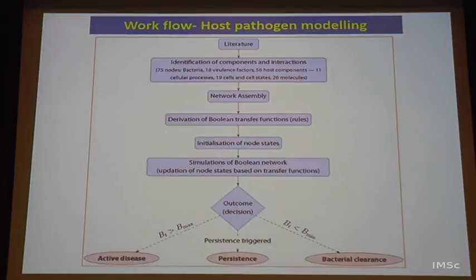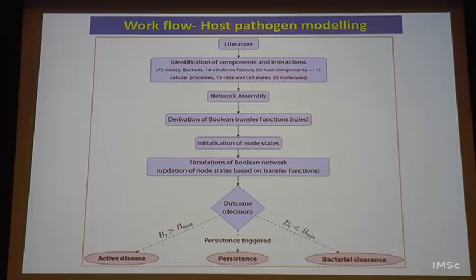So, derivation of a Boolean transfer function for each one of the nodes, how that works. Initialization of the node state. You must have an initial value of 0 or 1. Is this node active or not active? For many of them you do have some information. If you do not, you try multiple combinations, and since you do not know which one is correct, you do it a large number of times, like 1000 different times. You simulate this and then look at the predominant outcome. You can also go back, iteratively fit the model and say yes, this molecule has to be present for this to happen, and so on. That can be done.